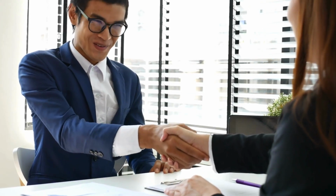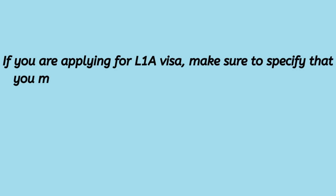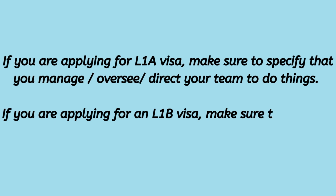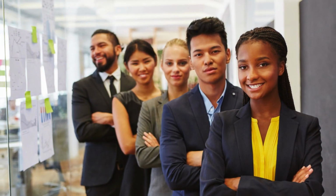So friends, in conclusion, navigating the L1 visa interview is a critical step towards unlocking exciting professional opportunities here in the United States. If you're applying for an L1A visa, make sure to specify that you manage, oversee, direct your team to do things. And if you're applying for an L1B visa, make sure to highlight what is your area of expertise and how your skill set is different from what can be found in regular employees. By preparing thoroughly and articulating your qualifications and intentions clearly, you position yourself for success. Always remember, dress formally, stay confident, and ensure that your answers reflect your commitment to contributing to your company's goals